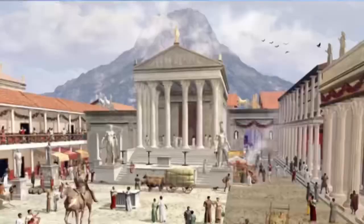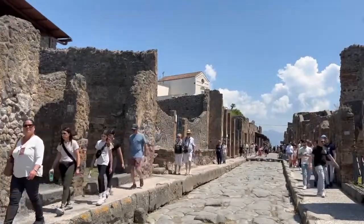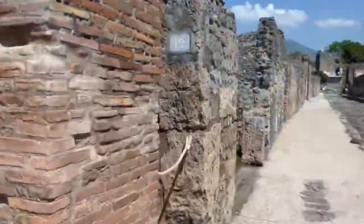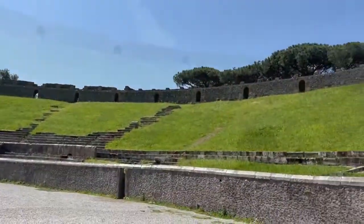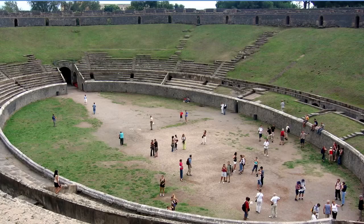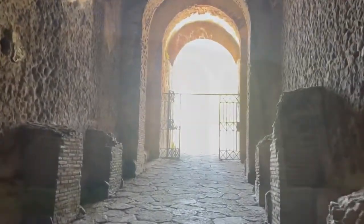This is the Forum of Pompeii, and this is what it would have looked like in 79 AD with Vesuvius in the background. And then the amphitheater of Pompeii. And exiting the amphitheater,